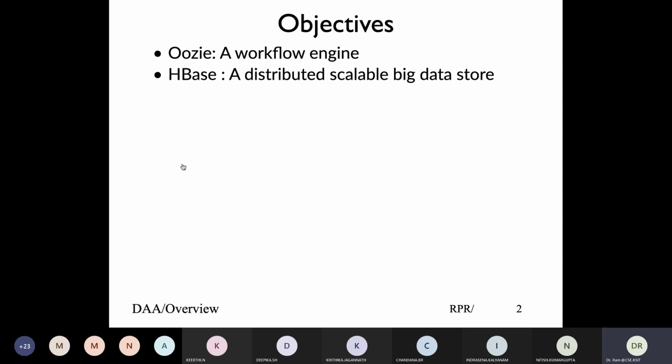So can you define a workflow which indicates that the output of these MapReduce jobs should go to this MapReduce job? So we can define the whole graph dependency through the configuration file, and each MapReduce job could run independently. That capability of defining a workflow is given by Oozie. That's what Oozie is.